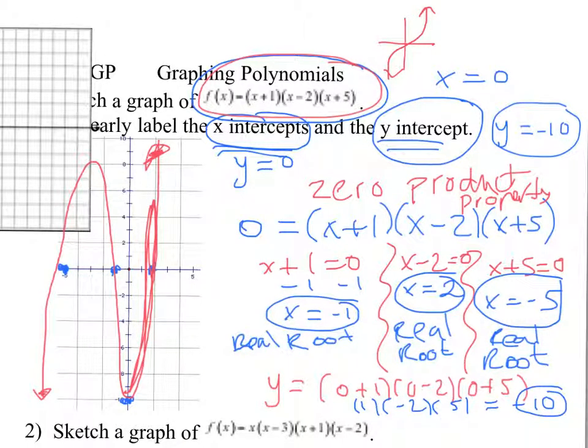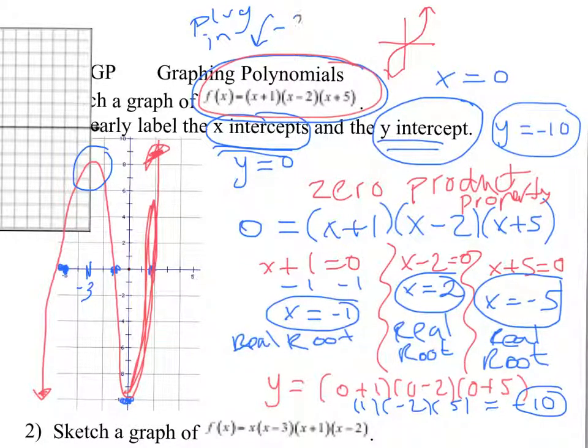If you want to know exactly how high this graph goes right here, then you would either use a graphing calculator or you can just check. This is the point where x is -3. So all you need to do is plug in -3 into the